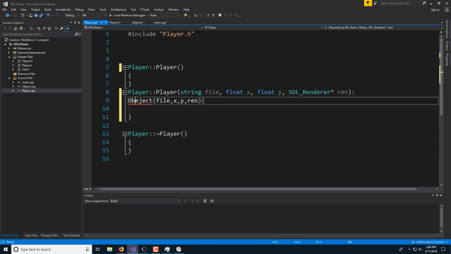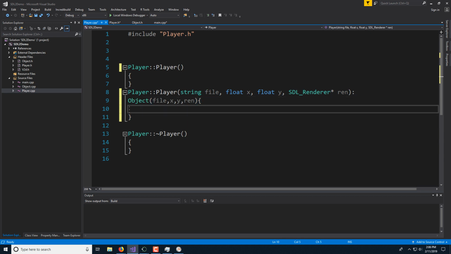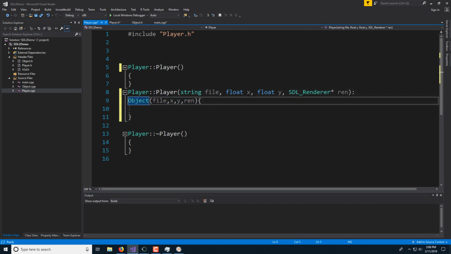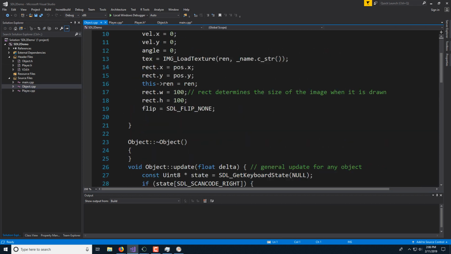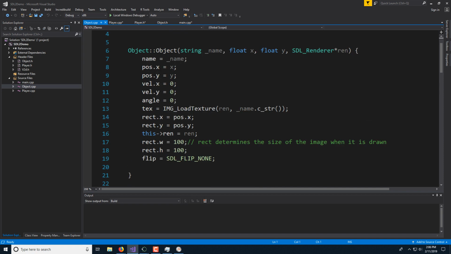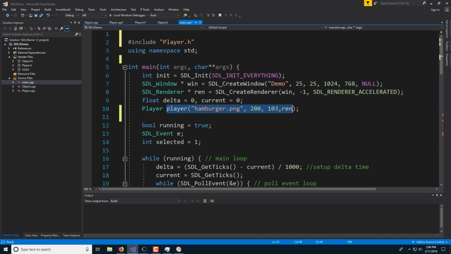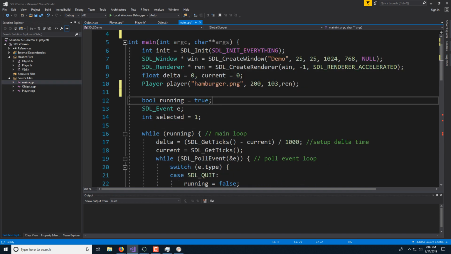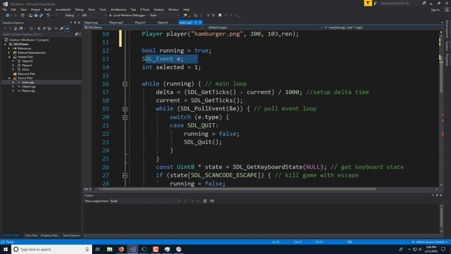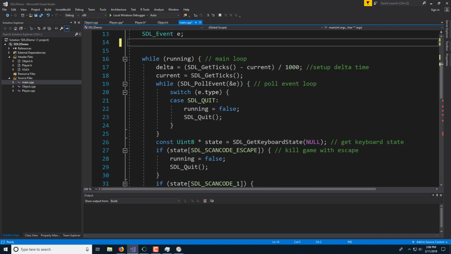Object. That invokes my object constructor, so I don't have to type all this out again. It sets all this up for me. Okay, so this is happy. We're good. We've got our bool for running. We have an event. We don't need selected anymore. Scrap that. We're just going to have the player, so we're going to set the player up so it can